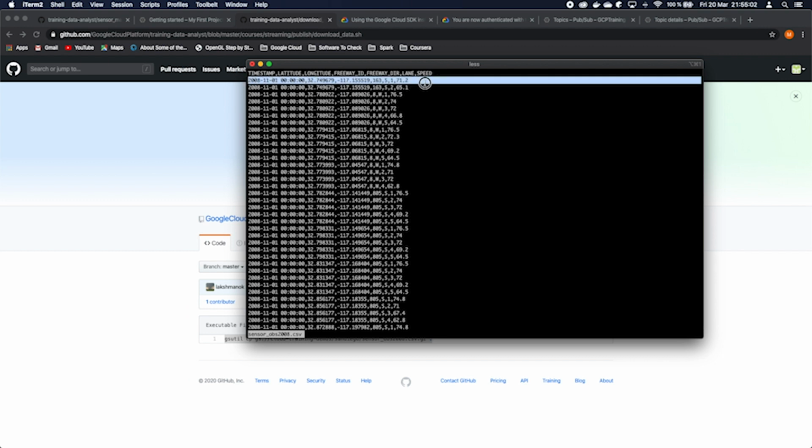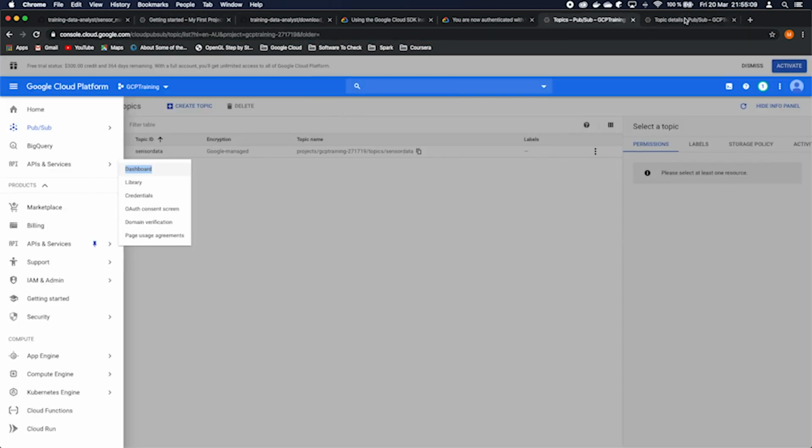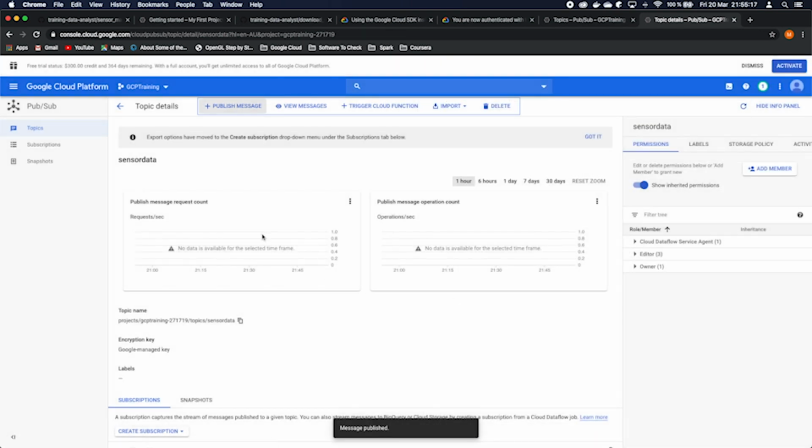Okay, so let's get one of these and let's publish it to the topic. We can see here you can put any message, you can just publish, and you should see also here in the graph that you count. Okay, we published some data, cool, but what do we do with them? We want to bring this info to BigQuery because then we want to analyze it, and I will show you how we can take a look with a bar chart with Data Studio on average speed and other stuff.